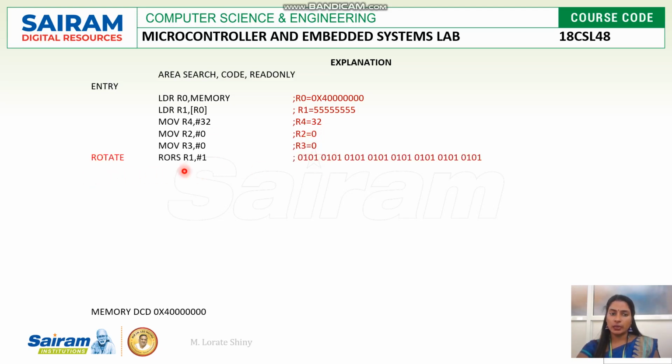Now we can start the rotate, and the loop also starts here. ROR, S suffix we must include, then only the CPSR flags will be updated. R1 is nothing but 55555555, the 32-bit data, conversion of hexa to binary. One bit I am shifting, so initially this first bit will be shifted out. For that I am checking the condition.